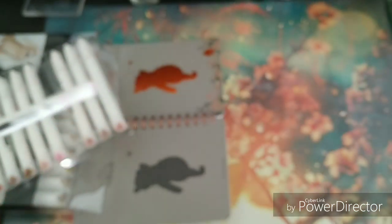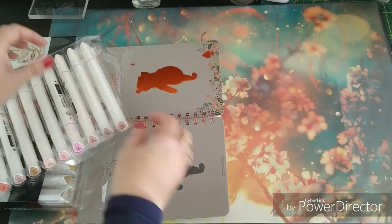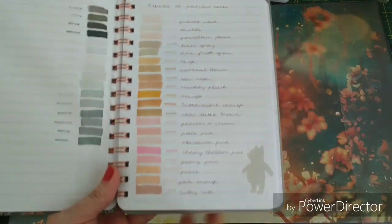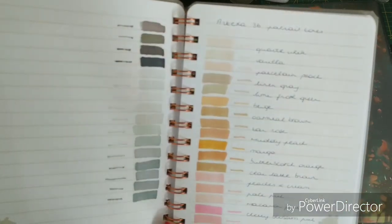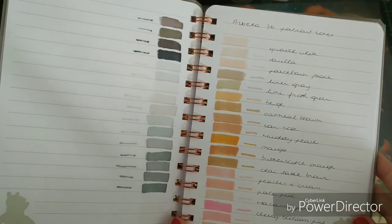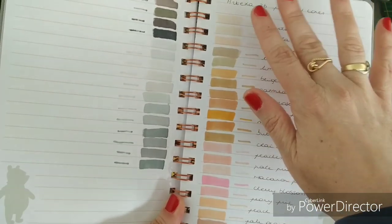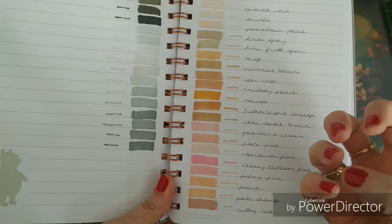And the colors, whoa, they are super lovely. I'm sorry for that noise. So again, we have a range of warm and some colder colors, but also some very deep tones. We don't have light skin tones only. We also have some very